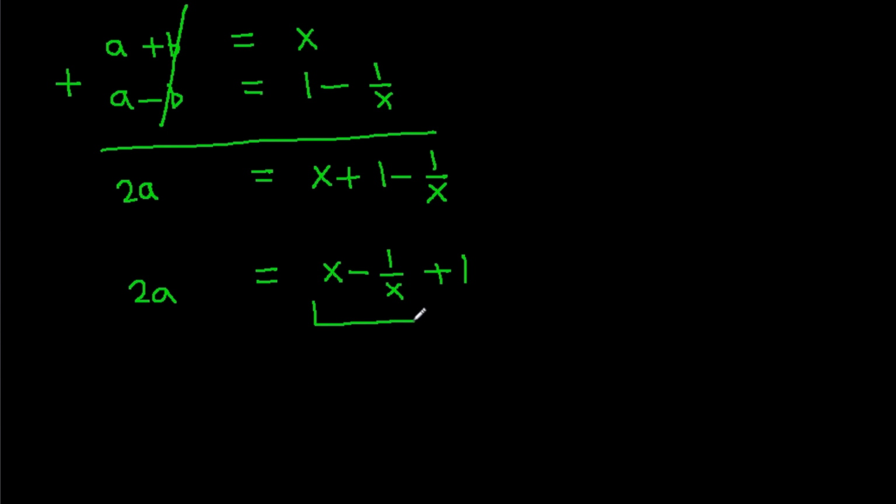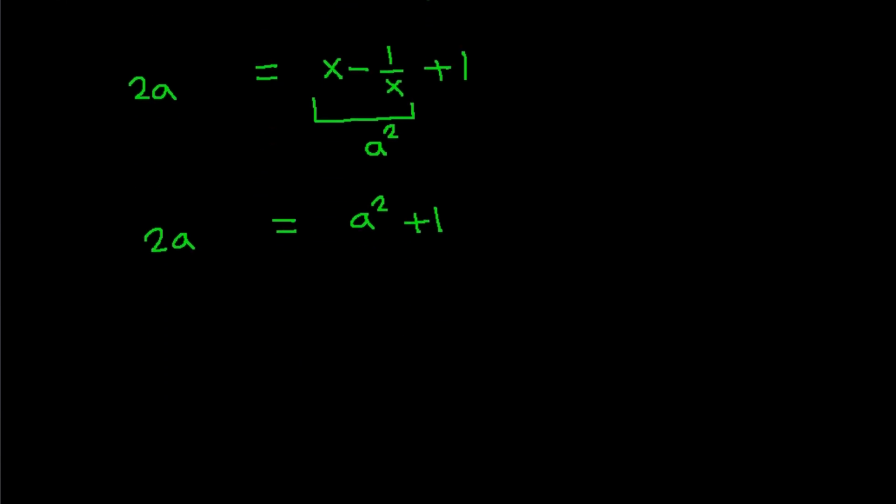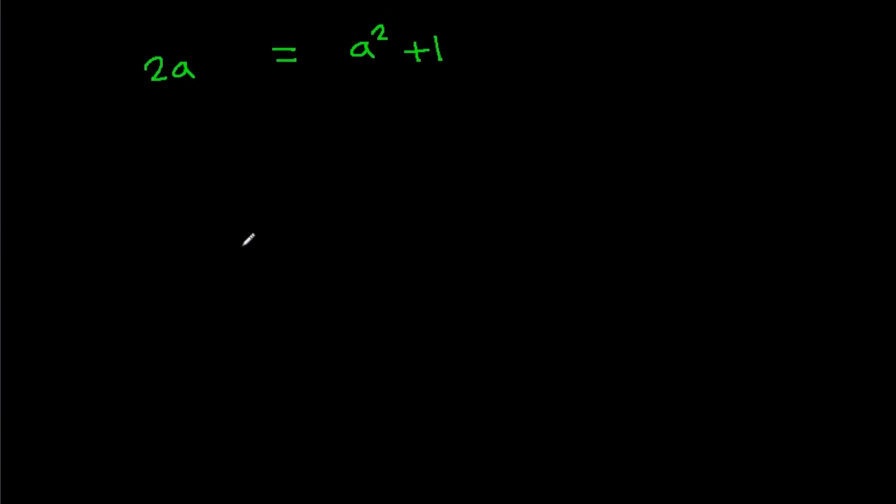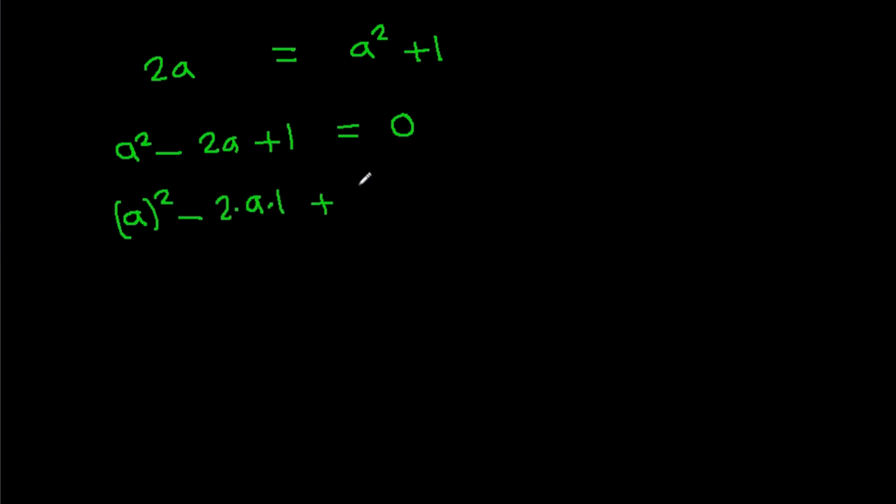So x minus 1 by x is a square. So 2a is a square plus 1, and a square minus 2a plus 1 will be 0, and it is a square minus 2 times a times 1 plus 1 square is 0,